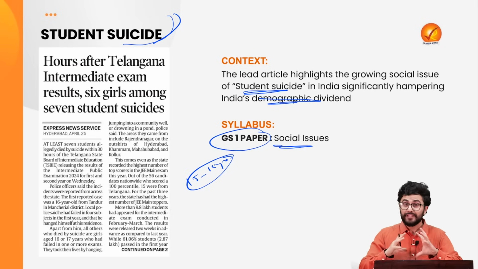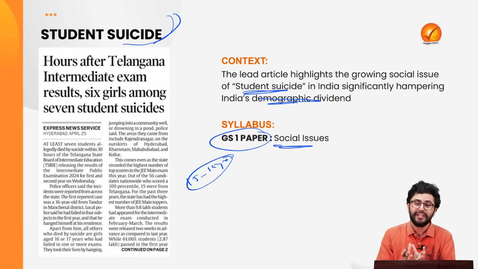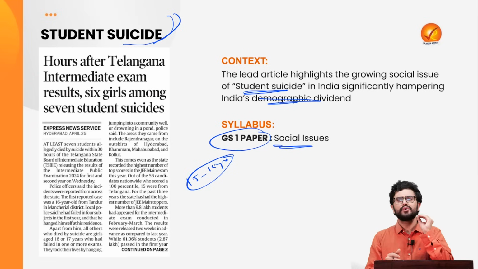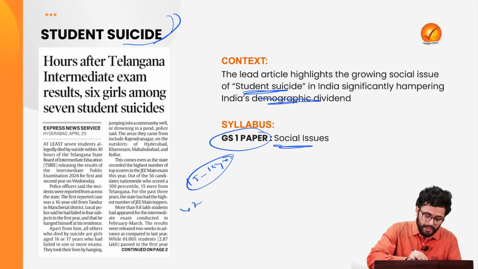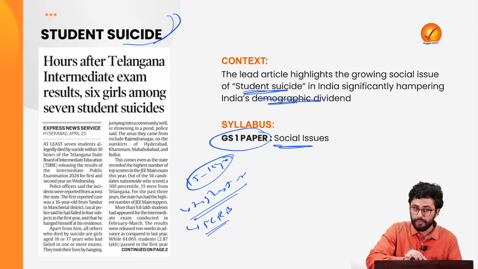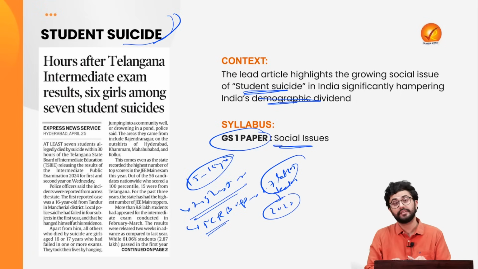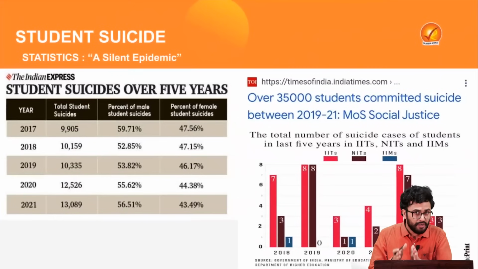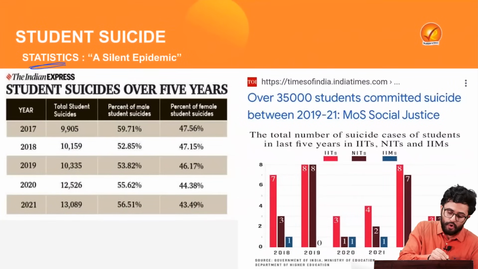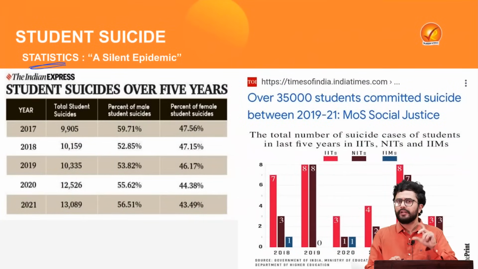This grave issue is actually expanding its wings in our country, where India holds the dubious distinction of having the highest number of suicides in the world. As per the National Crime Records Bureau's report, India accounted for 1.7 lakh deaths due to suicide in 2022 itself. And the majority of them are actually the younger lot, as can be reflected from the statistics, where according to the